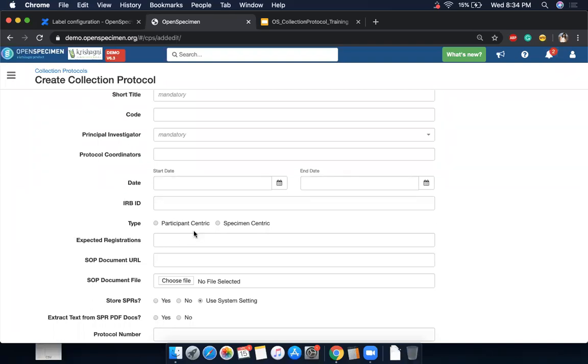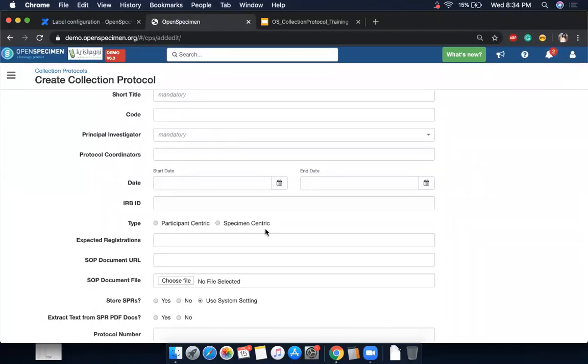If it is participant-centric, that means you're going to collect patient data. Even if you're collecting just a subject ID to track all the specimens collected for a single patient, it would be participant-centric. You might just collect non-identified demographics like subject ID, gender, race, ethnicity. Still it would be participant-centric. Of course, if you're collecting additional data like name, MRNs, SSN, all that will fall under a participant-centric collection protocol.